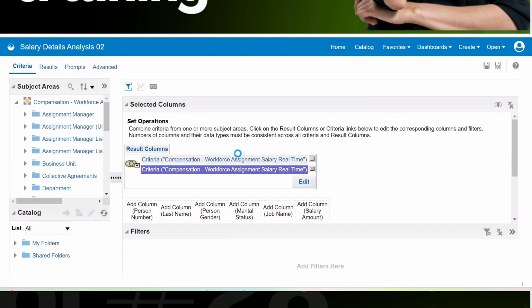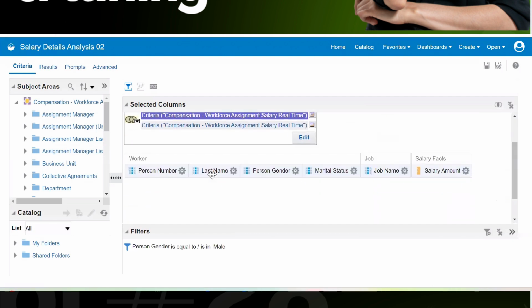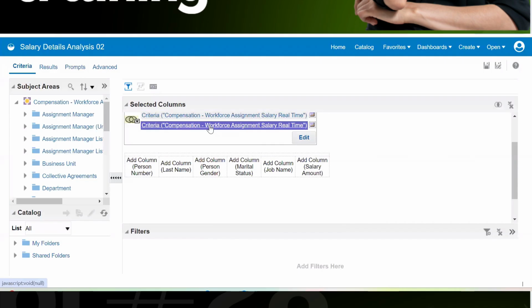See, these two subject areas are the same. For this subject area, we have selected these columns and added this filter option. For this subject area also, we want to add certain filter options and select these columns.